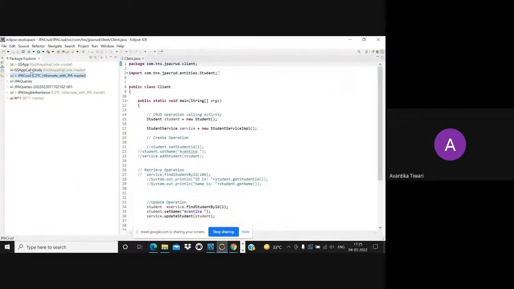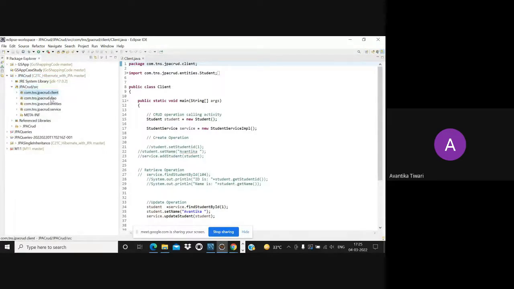So I'll open my Eclipse. I have uploaded this on GitHub also. So you can see the repository name appearing. These are the 4 packages: client, data access object, entities, and service. This is my META-INF folder. For my system, it came automatically, but I have seen some students struggling with it. It sometimes does not come automatically, so you can create it. I will share this persistence.xml file with you.